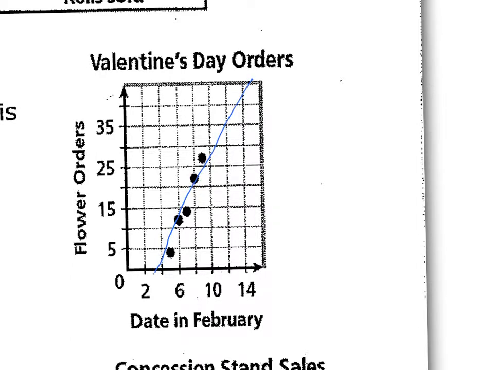And we want to figure out how many flower orders were made on February 10th. So if we go down to February 10th, and go up until we hit our graph, and then head over to your y-axis, it looks like you should be right in the ballpark of about 27 to 28